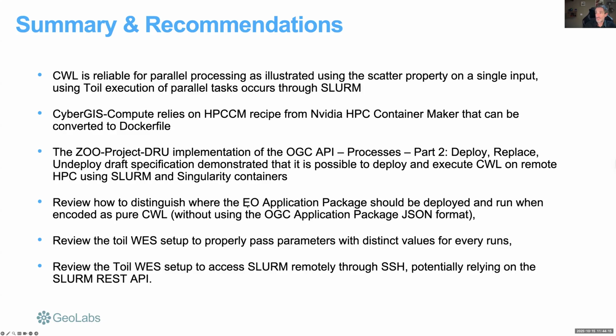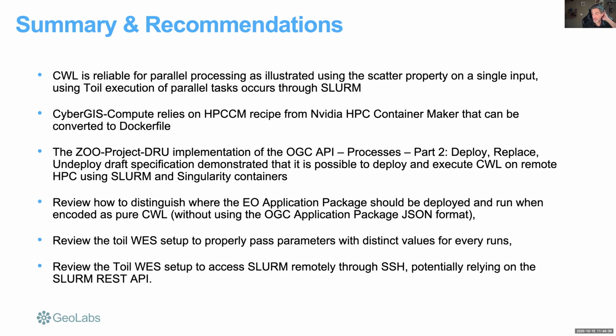We also review how to distinguish where the Earth observation application should be deployed and run when encoded as pure CWL, because you can also run it from the command line, meaning that you don't need to use the OGC application package JSON format. We also need to review how Toil WES is set up to properly pass parameters with distinct